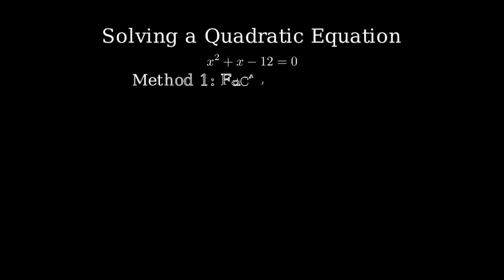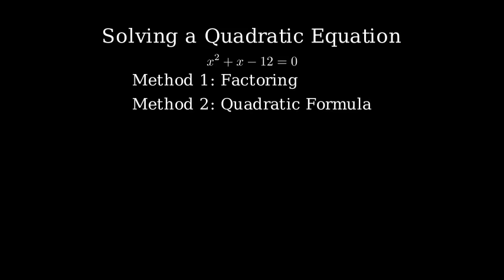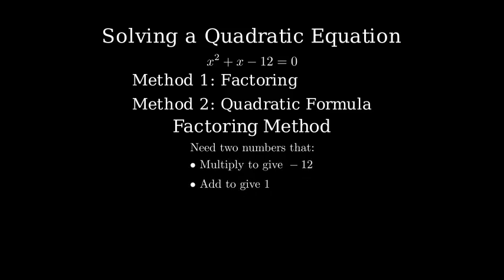Let's solve the quadratic equation x² + x − 12 = 0. We can solve this either by factoring or using the quadratic formula. Let's try both methods to see how they work. Let's start with factoring. When factoring, we look for two numbers that multiply to give us the constant term negative 12,